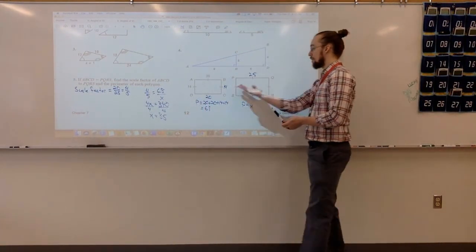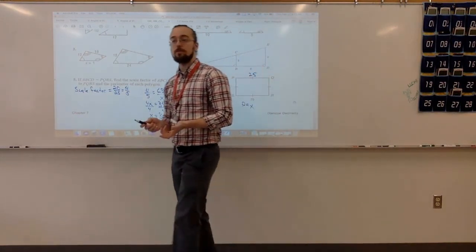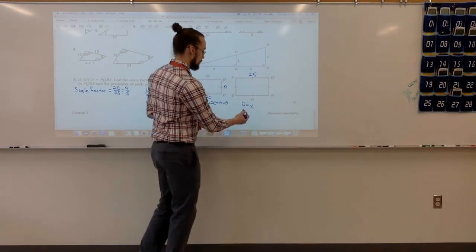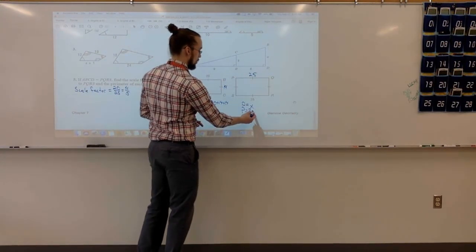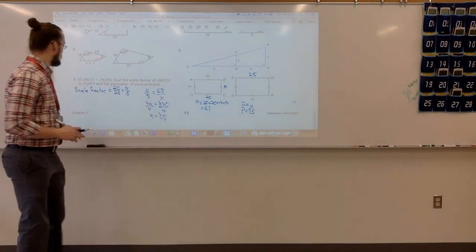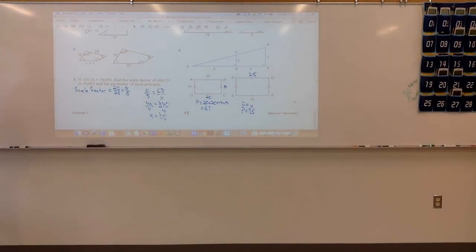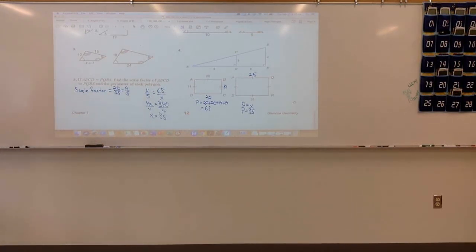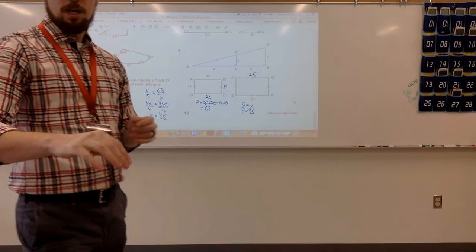Right? They didn't ask us to find any individual sides. They just wanted the perimeter. So the perimeter of my first one is 68. The perimeter of my second one is 85. And they did not give us units in this, so we don't have to include units. Okay. Questions? Alright, then we've got